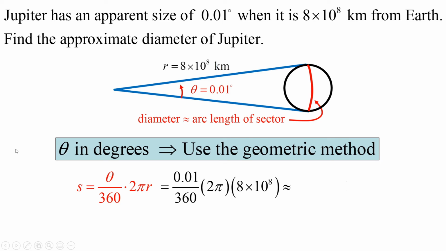And now let's just carefully punch that out. 0.01 divided by 360 times 2 pi times 8 times 10 to the 8th. Let me double check everything. 0.01 divided by 360 times 2 pi times 8 times 10 to the 8. Yep. And I'm getting